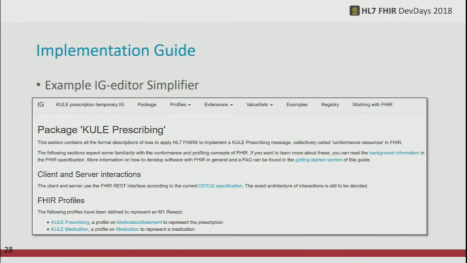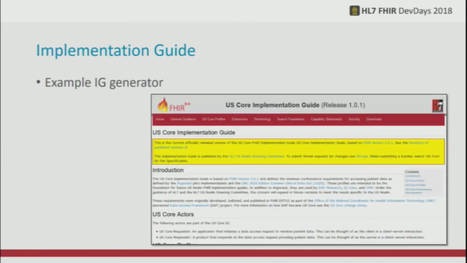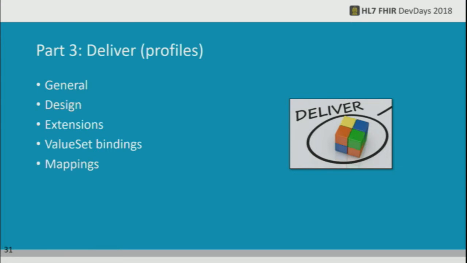This is an example of an implementation guide we did in our Simplifier IG editor, and you will see the same sections that I just mentioned. We'll have packages, profiles, extensions, value sets, examples, and something about use cases. This one is a wiki page we did for the Dutch government. It will have the same sections, and US Core has the same sections as well, which is created with the IG publisher. It will have guidance, profiles, extensions, like all the data definitions, all the value sets, all the search parameters, a capability statement about what a client and a server are supposed to implement, a section about security, obviously, and then there's a section about delivering,